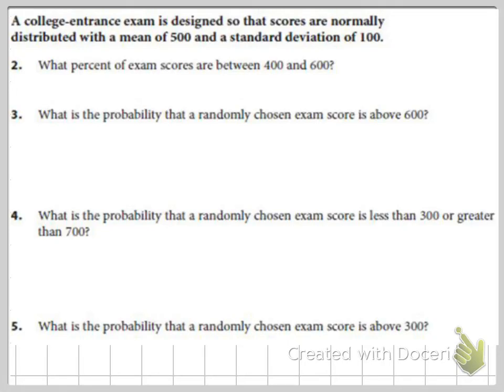Okay, this is assignment 21.2b. I am recording it for the second time because I found a couple mistakes the first time, and besides, I